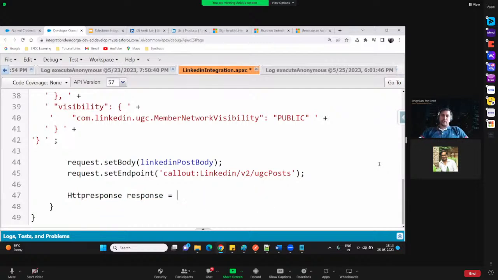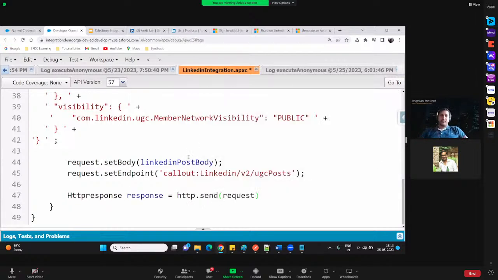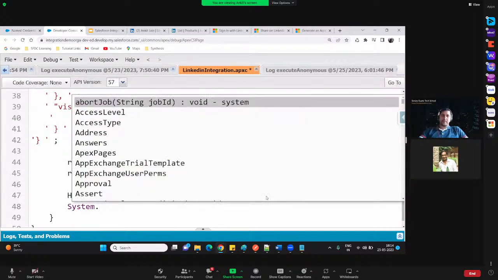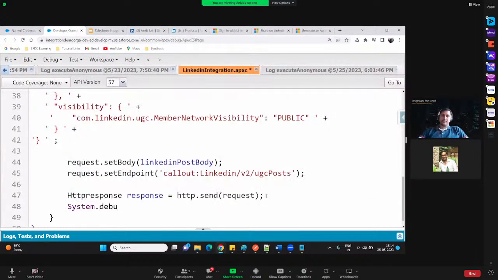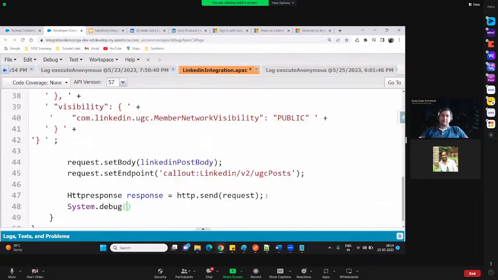To send the message, we have to use the method called http.send. And here we have to specify the request that we are sending. So I'm just putting that request here. Let's check whether we are getting a successful response or not. I'm putting here system.debug response.getBody.